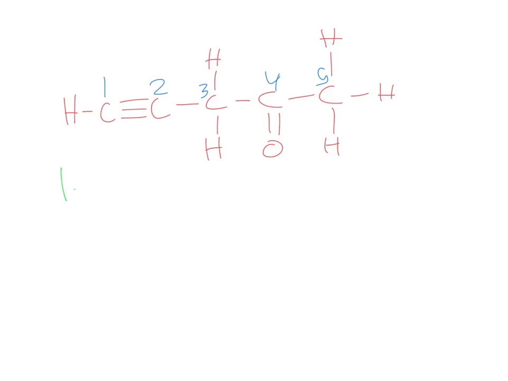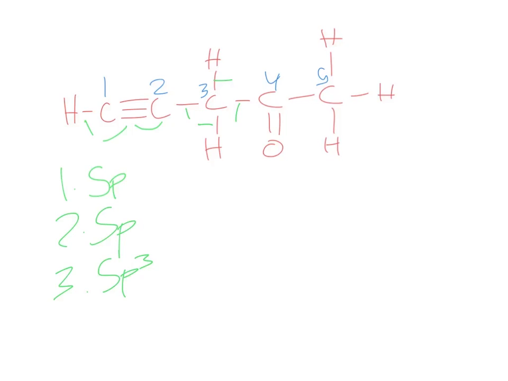Number 1. So this carbon, you can see it has 1 hydrogen bond right here, and then a triple bond with this carbon. Because it has that triple bond, the orbital would be sp. And then number 2 also has a triple bond with the carbon, so it will also be sp. Since this carbon number 3 is in the middle, it has a single bond here, a single bond here, a single bond here, and a single bond here. So that means it has 4 single bonds,